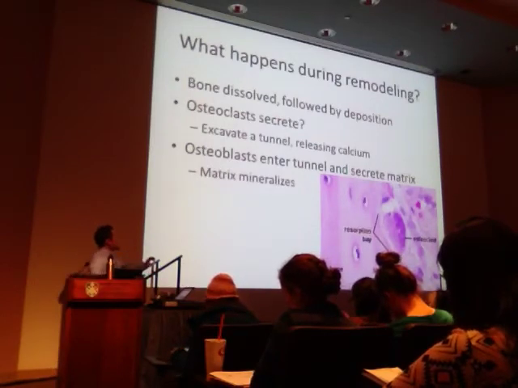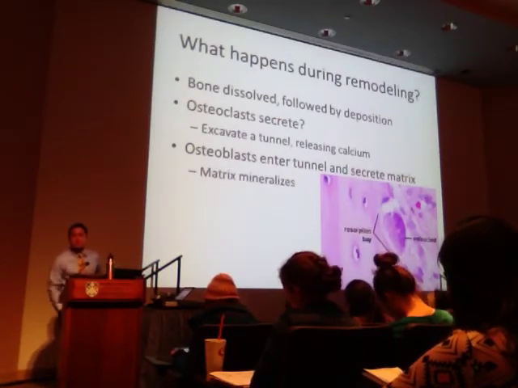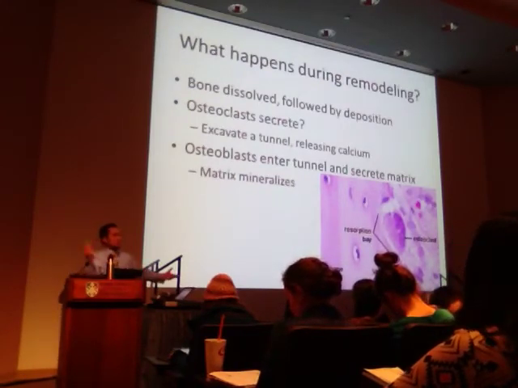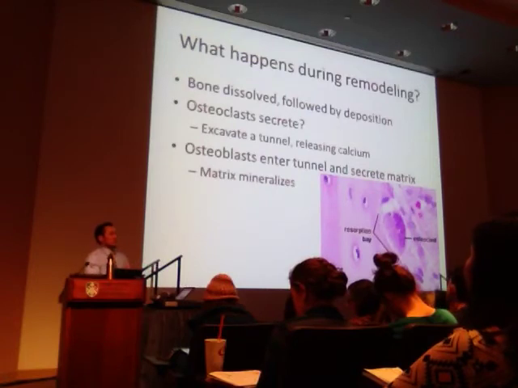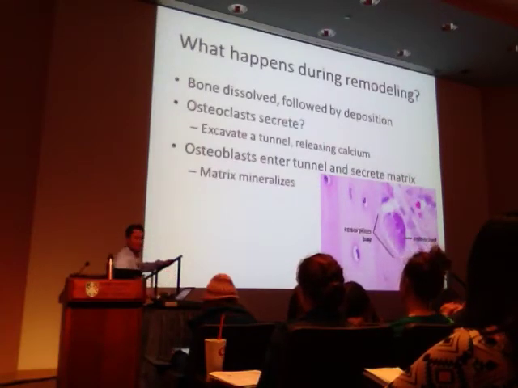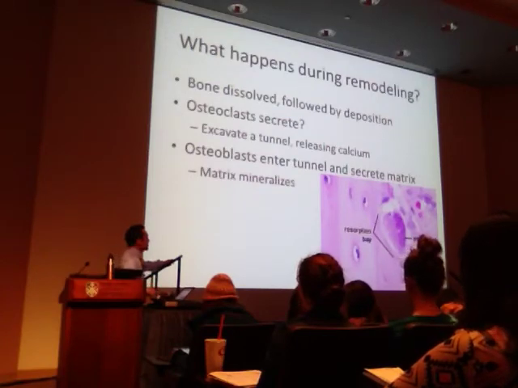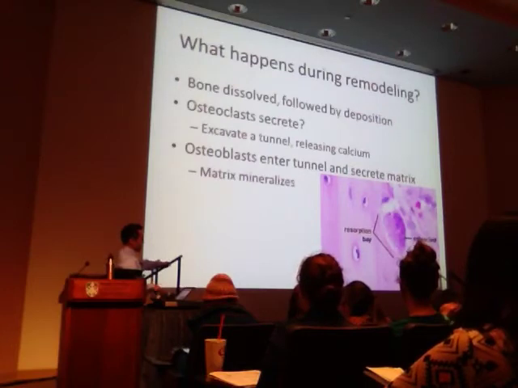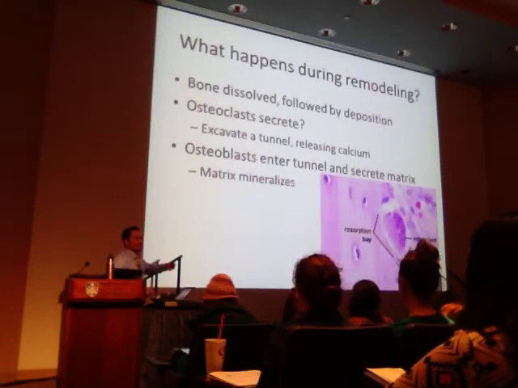Now, the osteoblasts enter the tunnel, and they secrete the matrix. So you recycle it because you want to have fresh bone, and you want to make sure that nothing becomes really stale, in a way. Okay, and you can see this picture of this histological view. Here's our osteoclast. You know it's an osteoclast. Why? Give me some reasons why you know that's an osteoclast. Because it's labeled there, Dr. Keller. Duh. Okay, well, Monday it won't be.